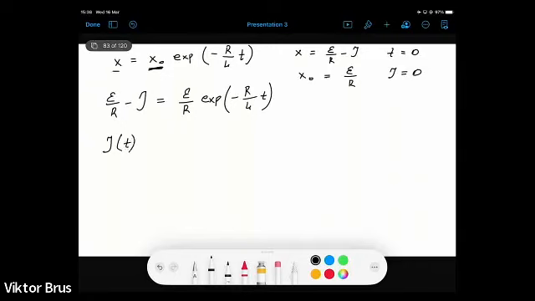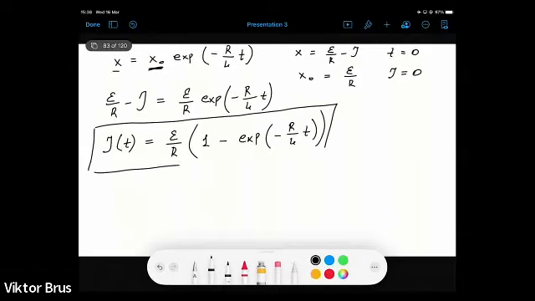I as a function of time is equal to epsilon over R, and here we can open parentheses, times 1 minus exponent of minus R divided by L times t. This is the function which we wanted to derive, and it describes how electric current will increase from 0 to a certain value